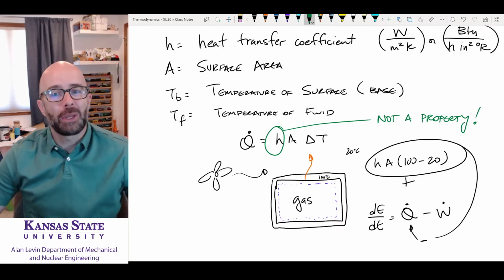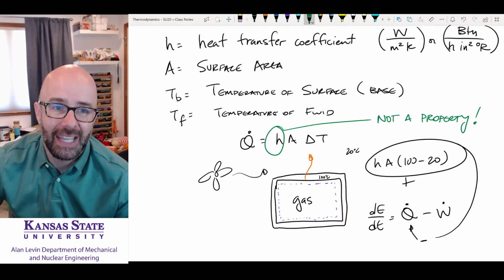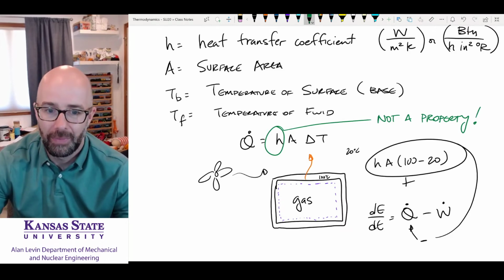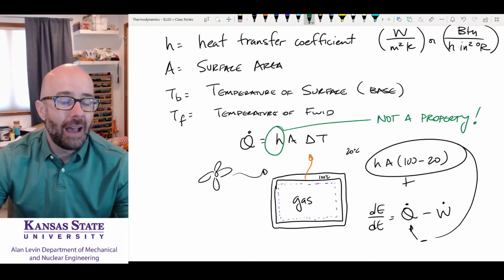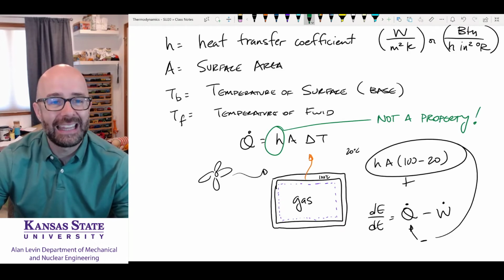So this is not something you can look up. It's not a property. It's not something you can look up in the back of the book. You're going to have to calculate this. And the calculation of this is very challenging. In fact, we have done computer models and everything, and we have not been able to really get these numbers down